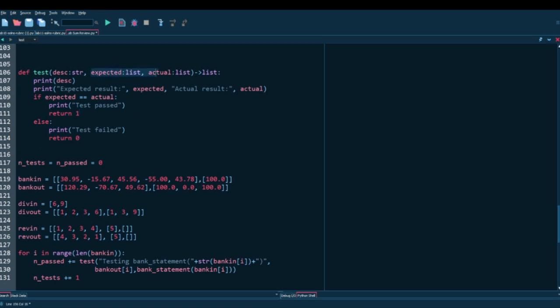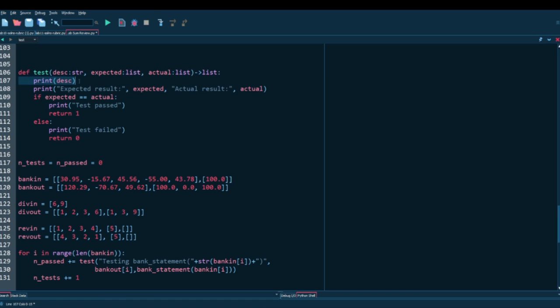But basically, the expected and actual values will be based on what function you're testing. So if you're testing a function with an int, expected would be int, actual would be int, or if you're testing a function with a boolean, it would be bool or bool. It doesn't really matter. You could technically use the same test function, but since we use type annotations because it's good practice, you should use a different test function for each kind of variable.